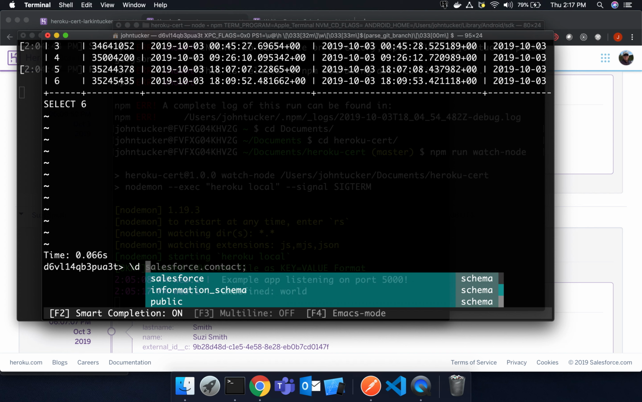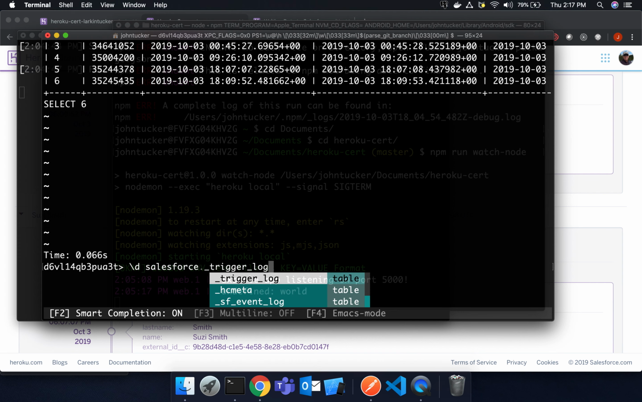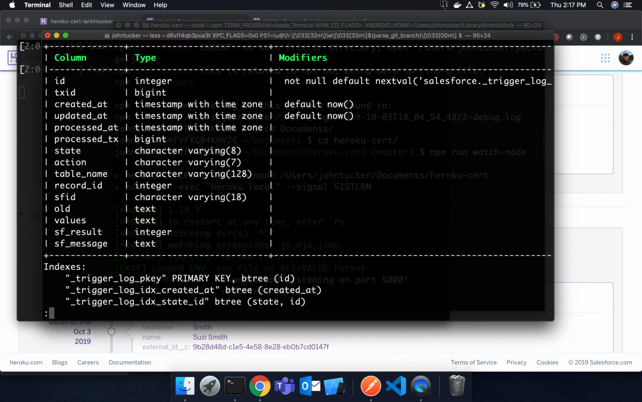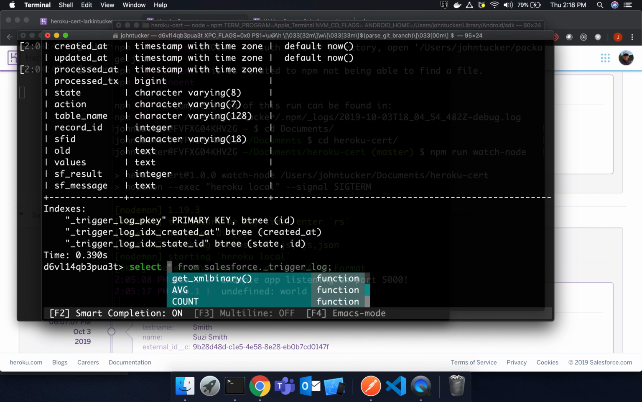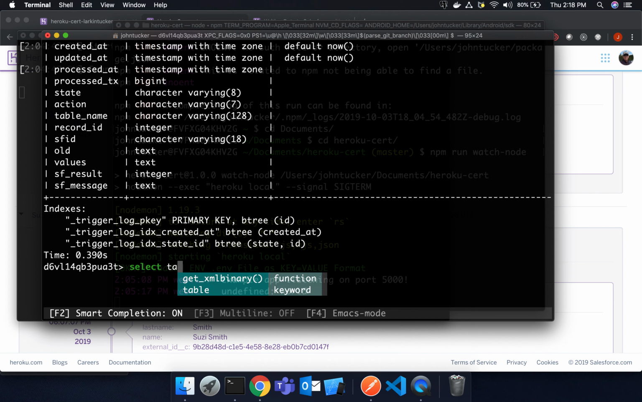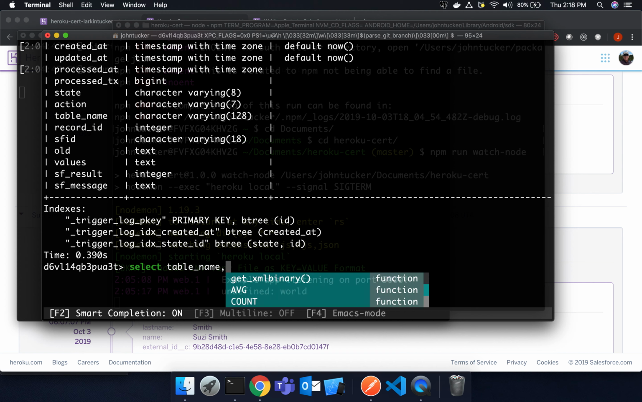Describe Salesforce _trigger log. Okay. So what I'm interested in is looking at the table name, so what object I'm creating, right? And the old value and new value. So that's what I want to look at. Okay, so I'm going to do select table name, old,